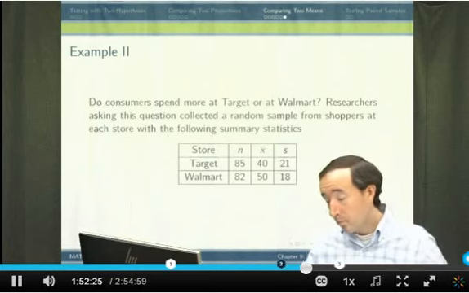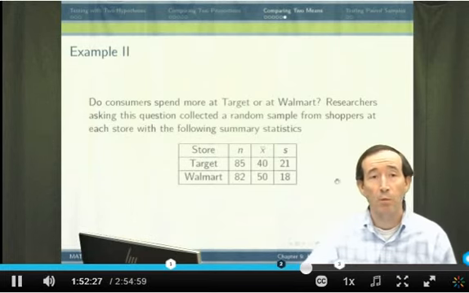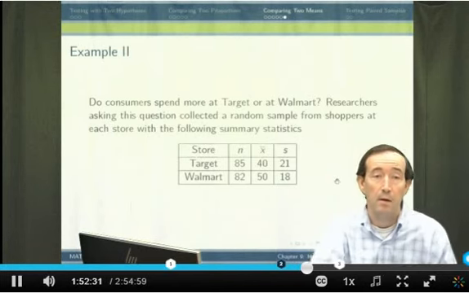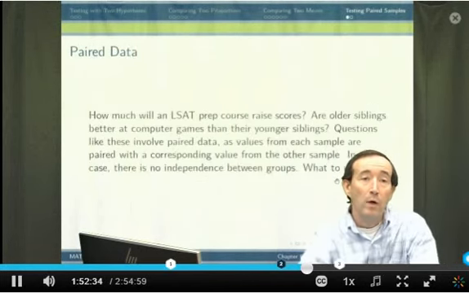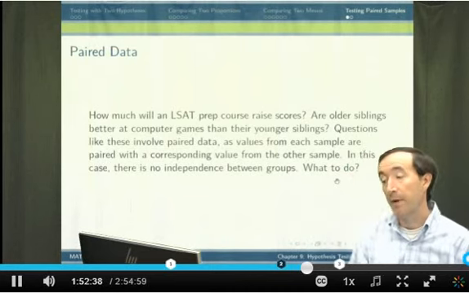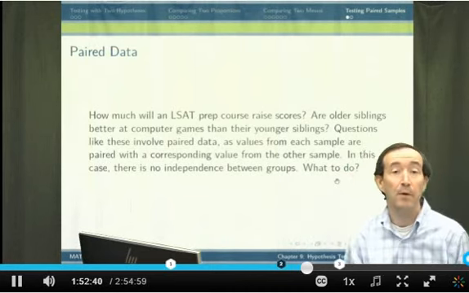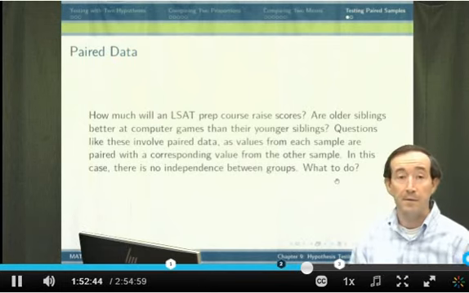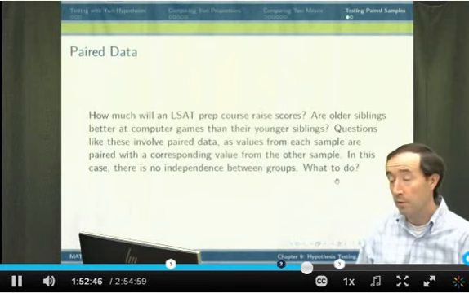All right. So we did promise that we would also talk about what to do when you have paired samples. And so, what kind of a situation might we be looking at if we have a set of paired data? So, for instance, a question you might want to ask yourself: if you are interested in taking the LSAT, maybe you want to go to law school and be a lawyer,